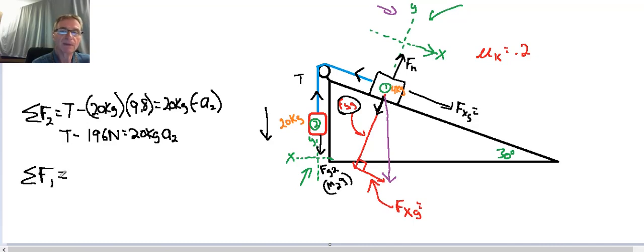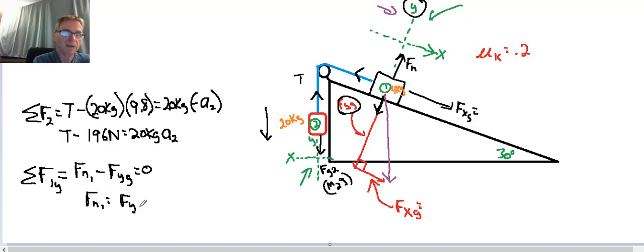Well, we have a normal force and we have a force due to gravity in the y direction. Is our block accelerating in the y direction at all? Our y direction being this coordinate system here? No, it isn't. And so our normal force for block 1 minus our force due to gravity for block 1 is going to equal 0. So our normal force is simply going to equal